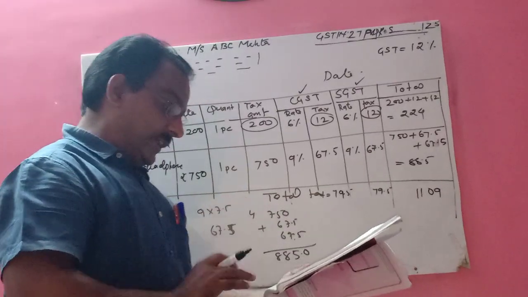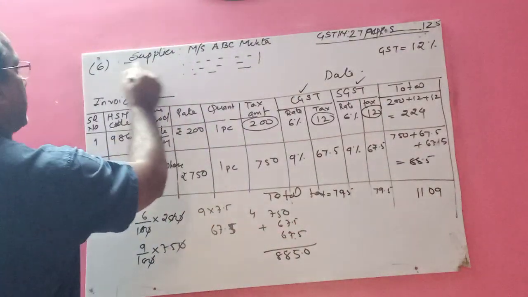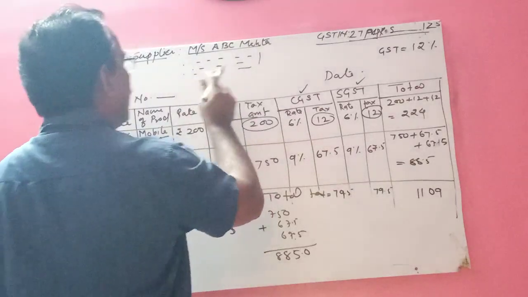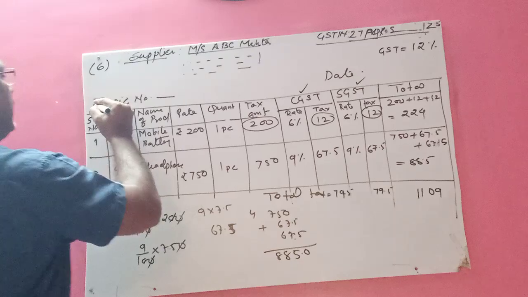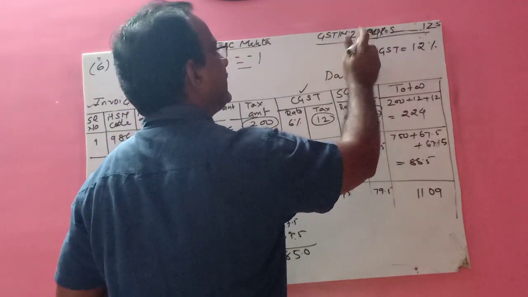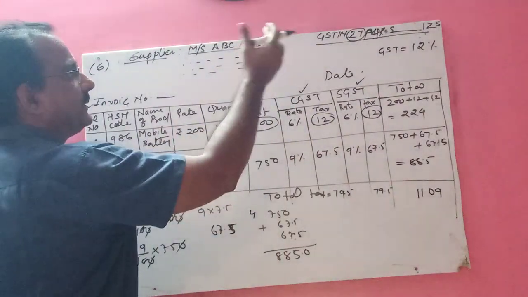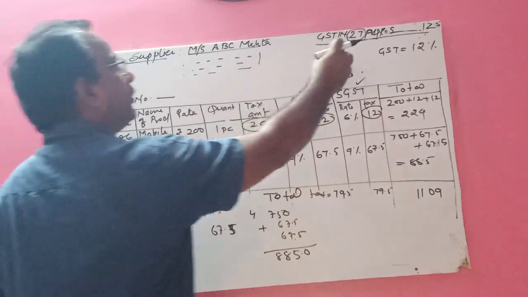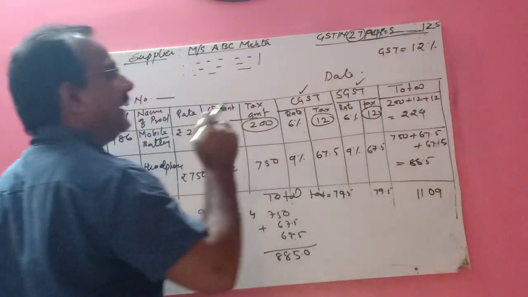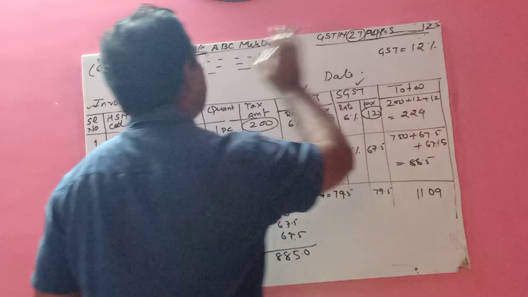So children, if you see this part, I have prepared one tax invoice which requires the supplier name, its email ID, its address, its name, mobile number. Then here invoice number is required. Then GSTIN, I said that the first 2 digits indicate the code, and because this is a Maharashtra receipt, 27 is the code of Maharashtra. After that you should write the 10 digit PAN number of the supplier.